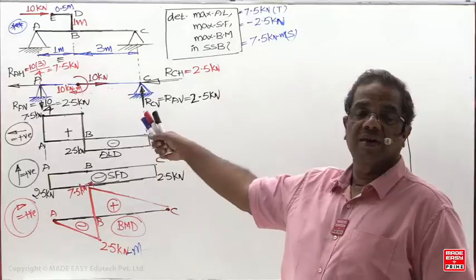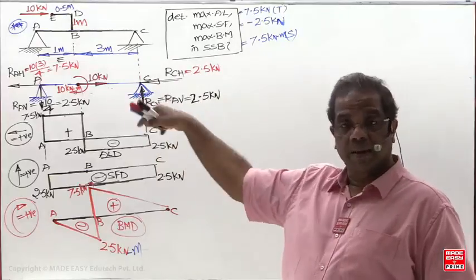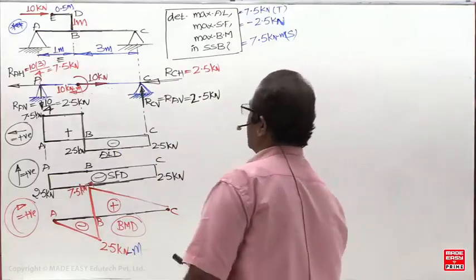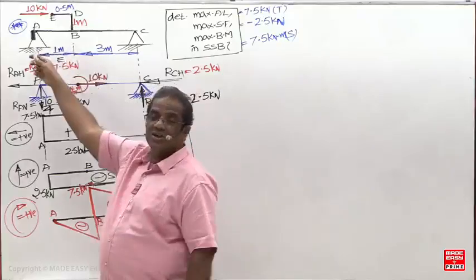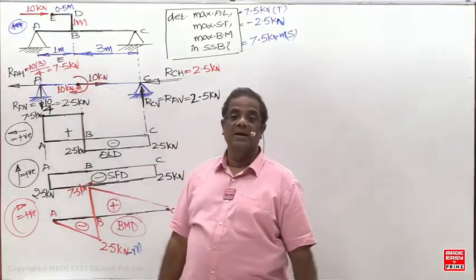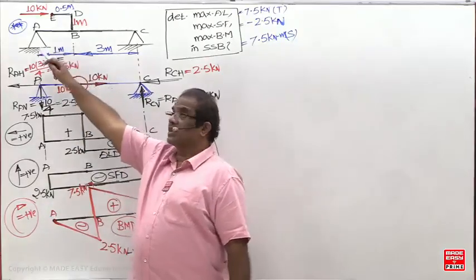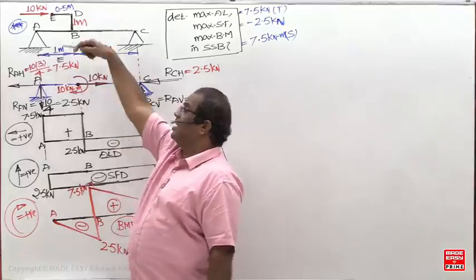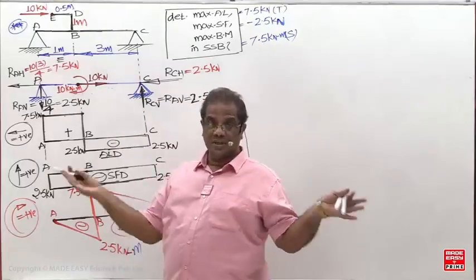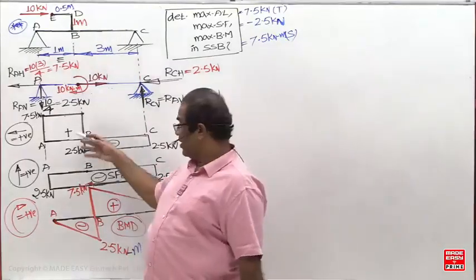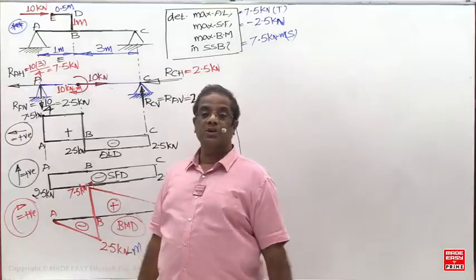We have done it for the default simply supported beam. But if you ask the same question now, determine axial load, shear force, bending moment, twisting moment at different cross sections A, B, C, D, E of the structure. We have done it for the beam, but sometimes the question will be